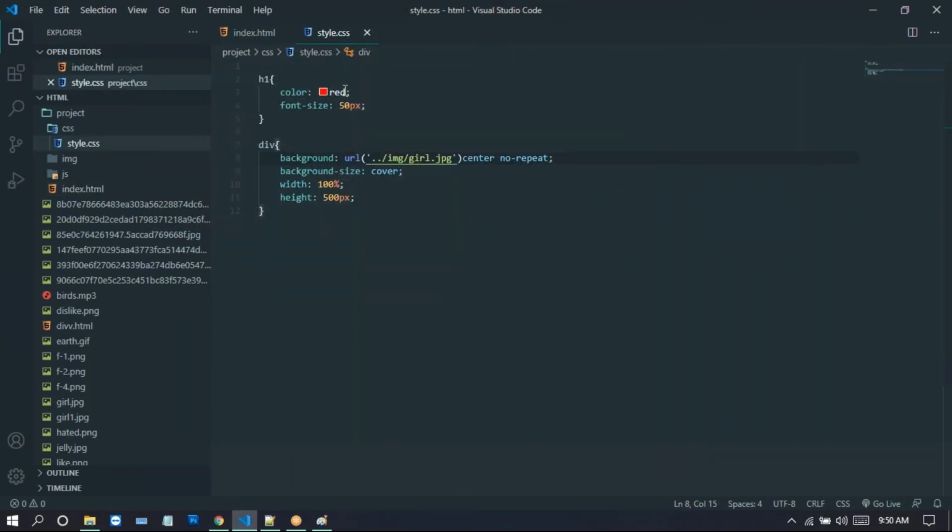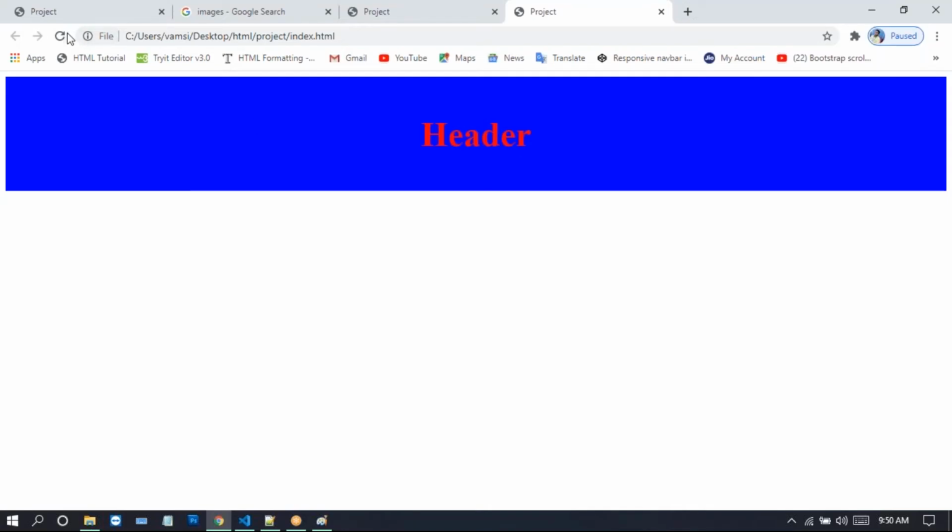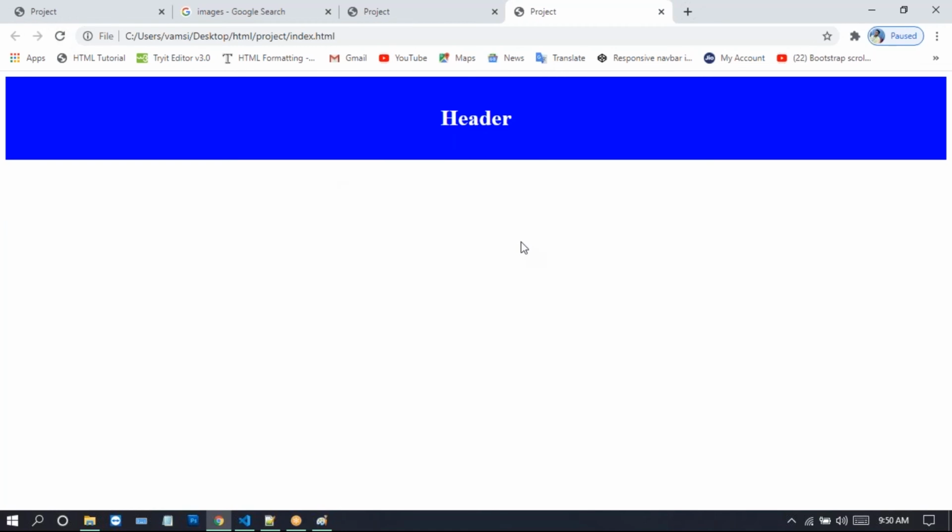So for this h1, we just give the color. Now just remove this 50 pixels. Now I can run this one on the browser. Now we just created the header tag.